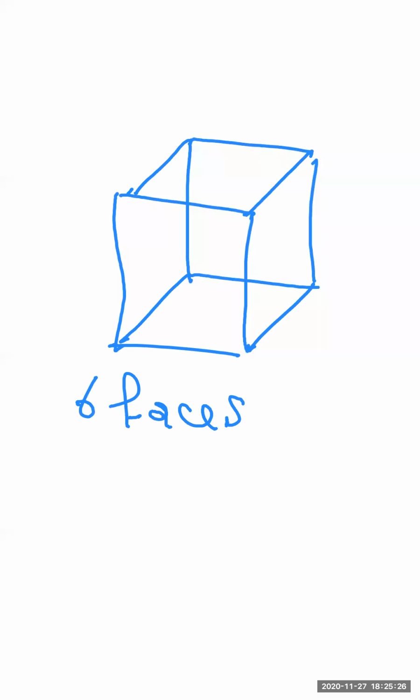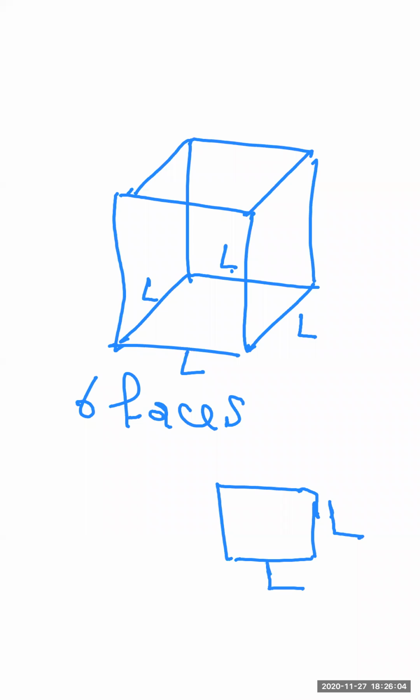Okay, and all lengths in the cube are equal, actually, because this one equals L and L and L and L, because its faces are in the shape of a square. Okay, so all the side lengths or the edge lengths are equal. Now the first rule, if I want to get the area of one face,